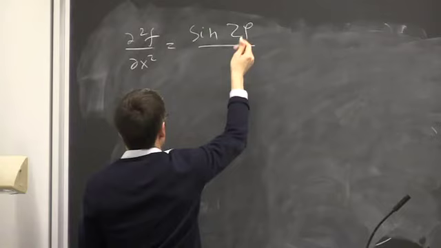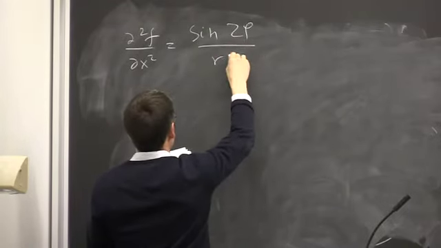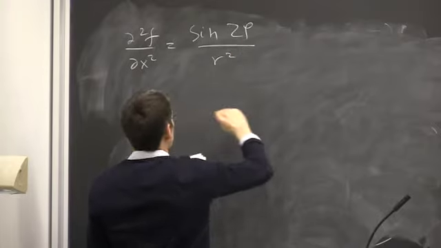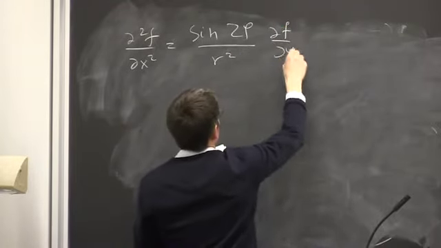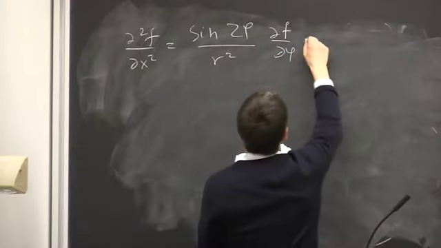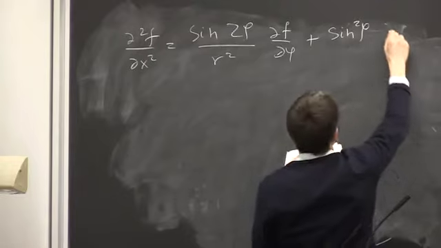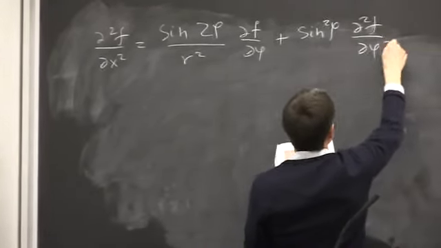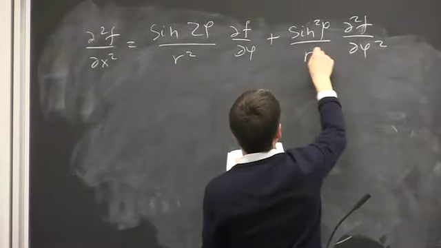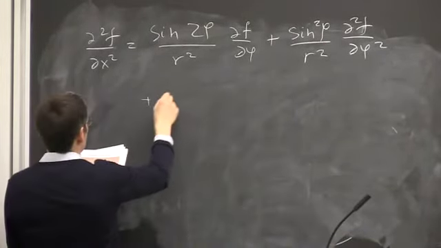Alright, so there is a sine times cosine of phi that gives us double angle of sine, df d phi, plus sine squared phi d squared f over d phi squared, divided by r squared, plus